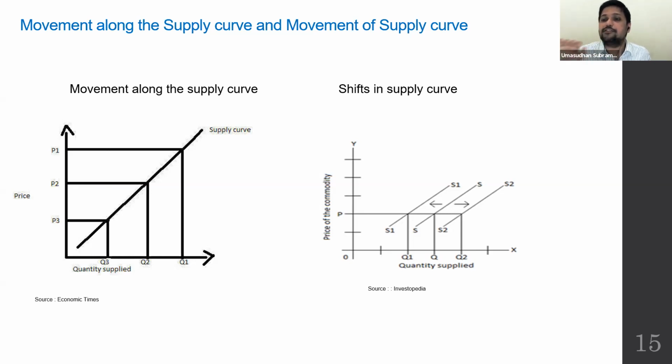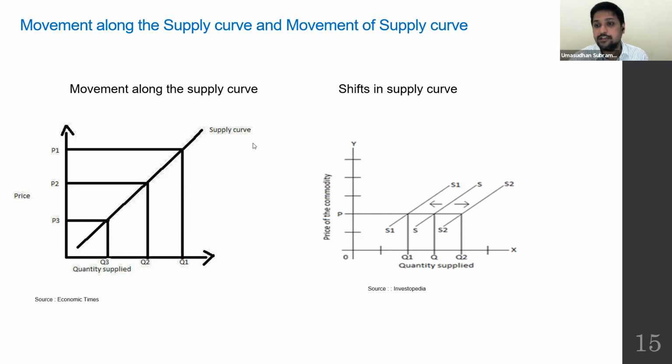But when the price doesn't change, what can cause supply to increase or decrease? Can you answer this question? What factors can cause an increase or decrease in supply, and how do we generally classify those factors? We classify those factors into price factors or non-price factors. What do you think they are? They are non-price factors.